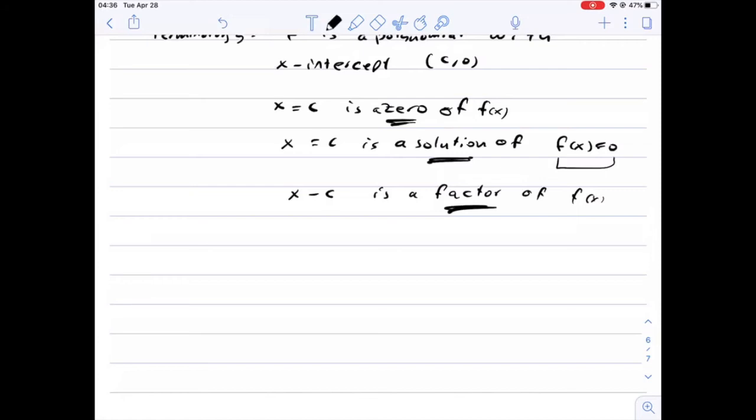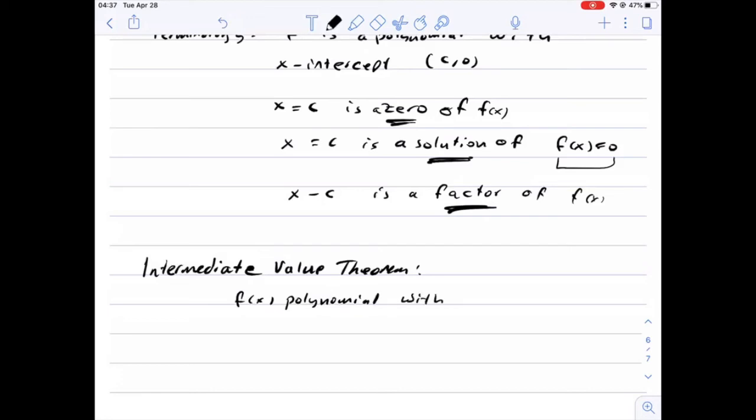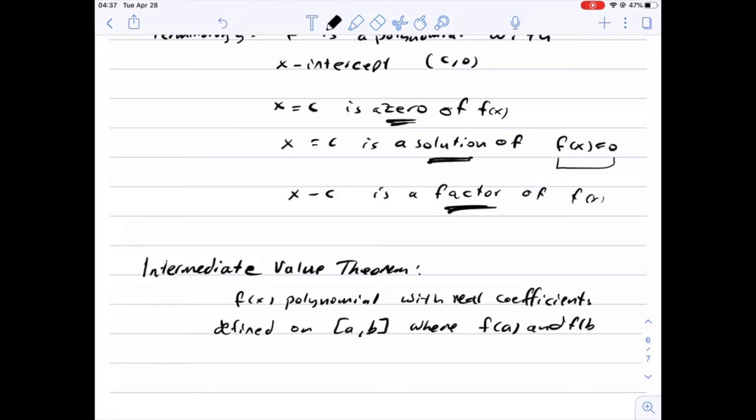Now we have the intermediate value theorem. After graphing these functions, we need to know something about the zeros of the functions. So we have a very powerful theorem that's called the intermediate value theorem. This theorem says that if f of x is a polynomial with real coefficients, I mean the a's are real, defined on, for example, the interval A, B, where f of A and f of B have opposite signs,